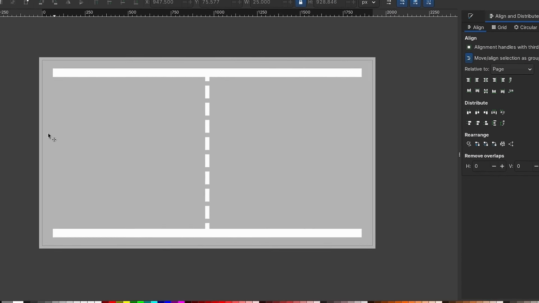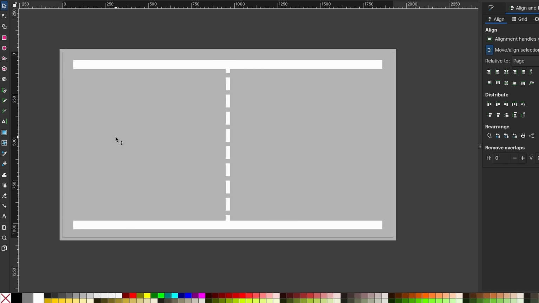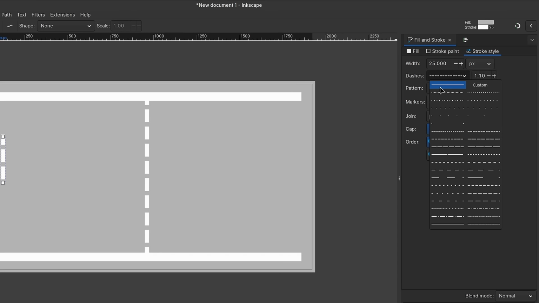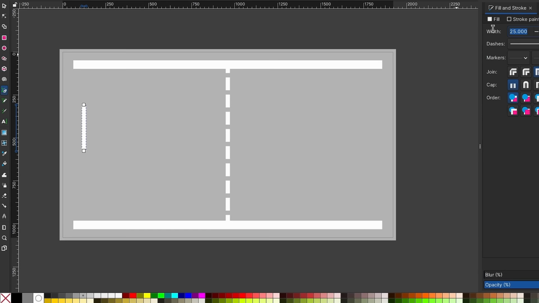Okay, we're almost done. Finally, let's create our players. So I'll grab the pen tool again with B on the keyboard. I'll left click, hold down Control, drag it down. Say about this length should do. Left click, press Enter, and I'll change the stroke back to a solid line, and I want it to be